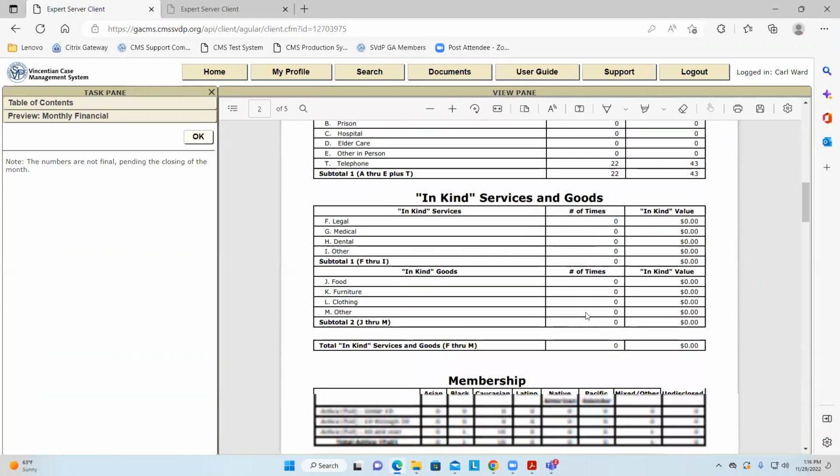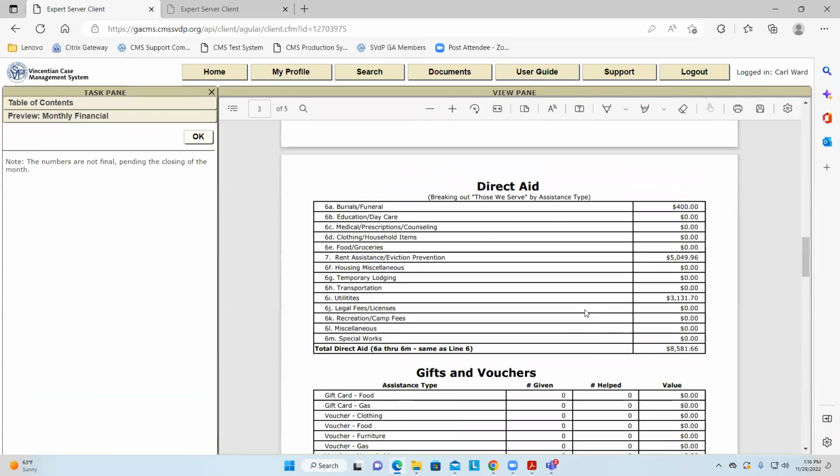So the other place that treasurers tend to go is to look at the direct aid that makes up that 85, 81. We at Holy Family get focused on temporary lodging. The reason we run this report quite a bit during the month is because we set a budget. We're only going to spend 10% of our revenue, of our receipts on temporary lodging. And then we shut it off from that point on during the month. So that's the way that we kind of use this. But if you want to see the breakdown of those expenses, this is the breakdown.